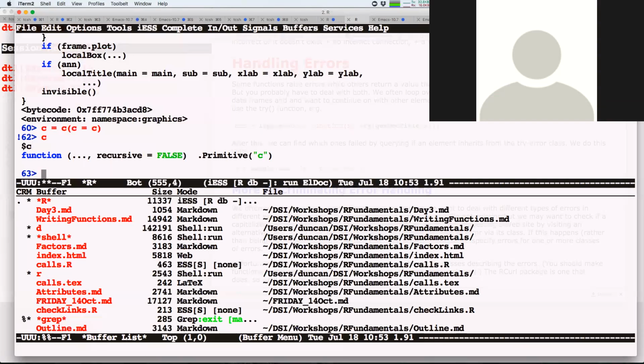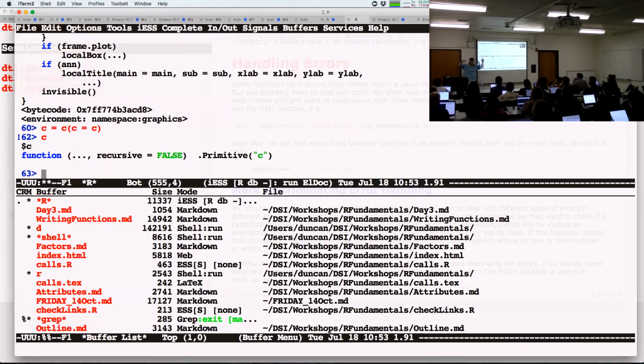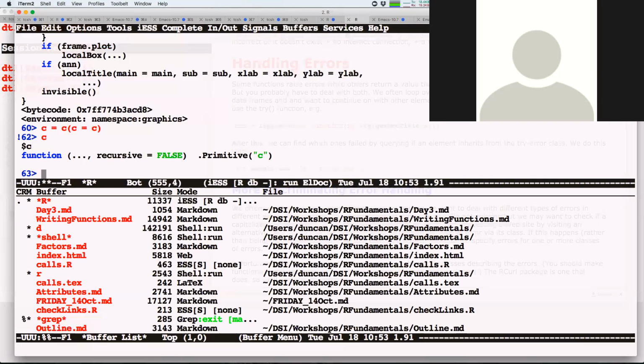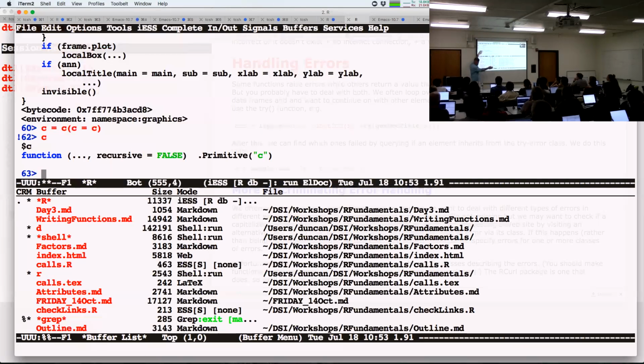What's it doing? This is, again, our call stack with these promises and environments. So it now looks for a function named C. We don't have one in our global environment, so it walks the search path and finds one in base. What's this? No, it's a name. It's a parameter name. This is a function. This is a parameter name. This is a symbol, which we have to look up. We don't know whether it's a function or not.